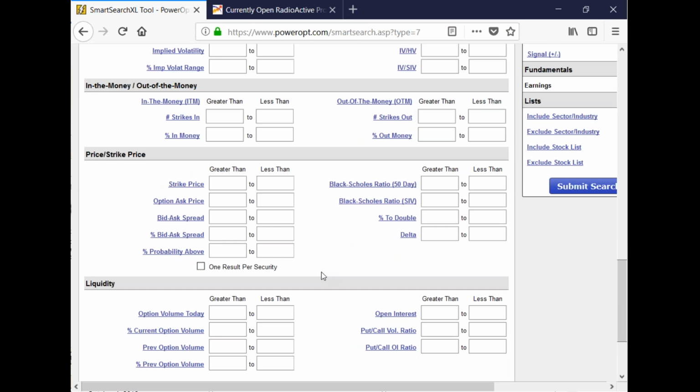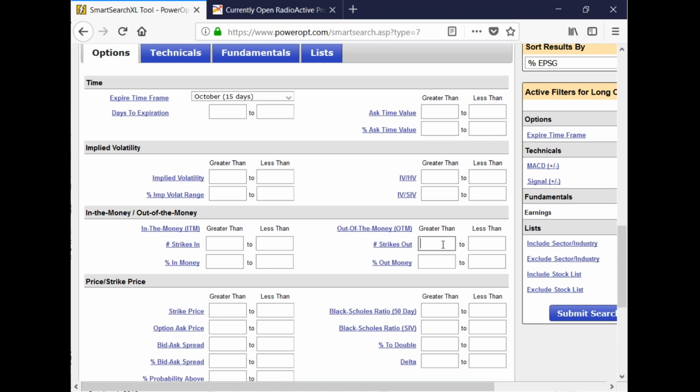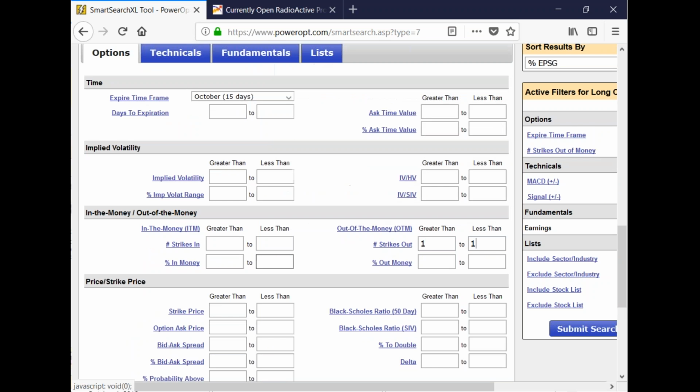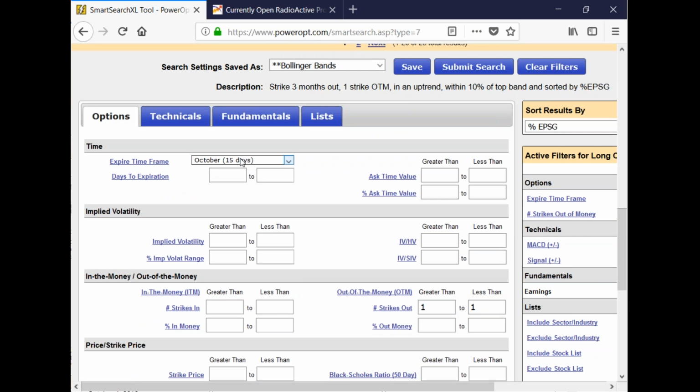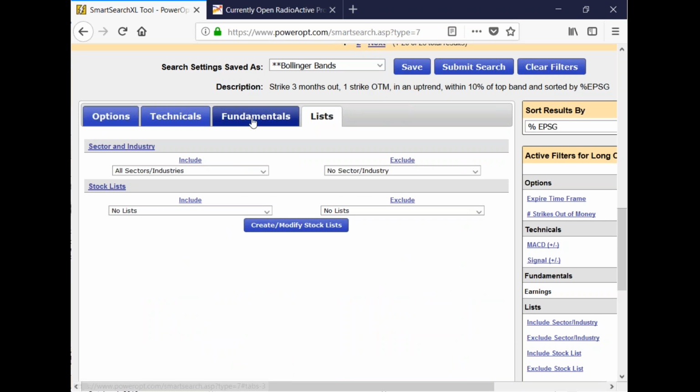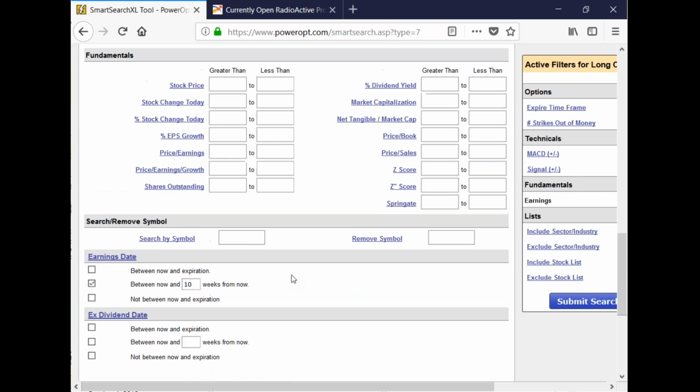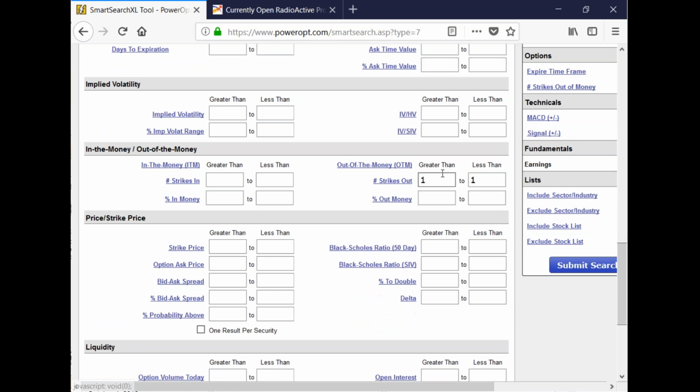Now, I don't want every strike price from every option that might have an earnings date between now and 10 days from now. So I'm just going to put my strikes out of the money, number of strikes, 1 to 1. It can only show me one strike out of the money. So what am I telling the system? Show me anything that has expiration in October, which is all optionable stocks, ETFs, and indexes, which ETFs and indexes are already removed, Rajiv, because they don't offer earnings, that offer earnings between now and 10 days from now. And by the way, just show me one strike out of the money for each one, so I only get one result. I might get two. Oh, I'm sorry, I will only get one. That's what I want.